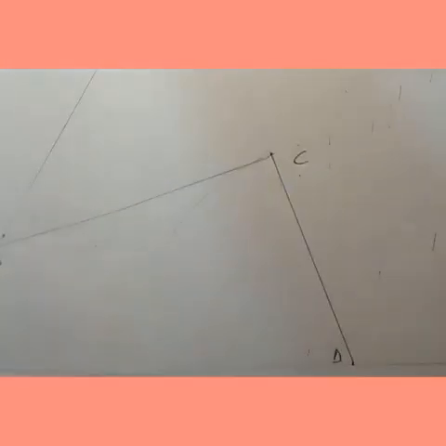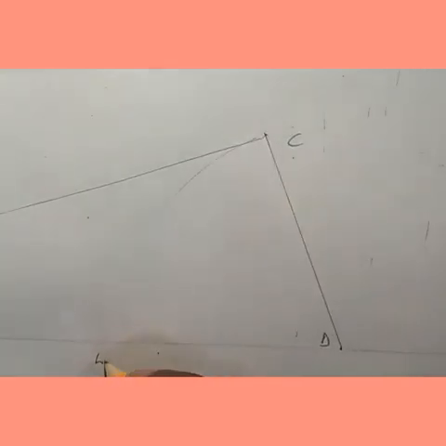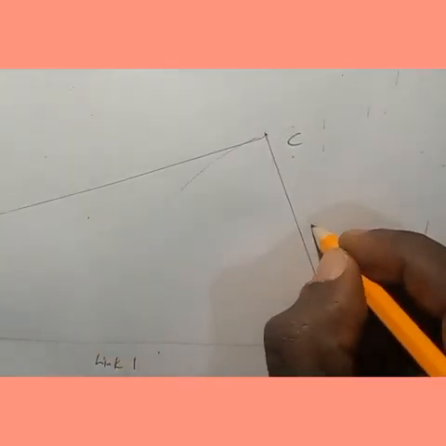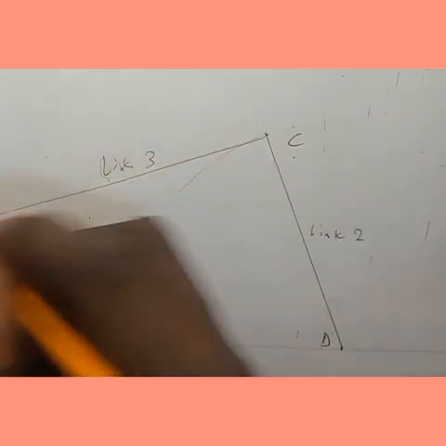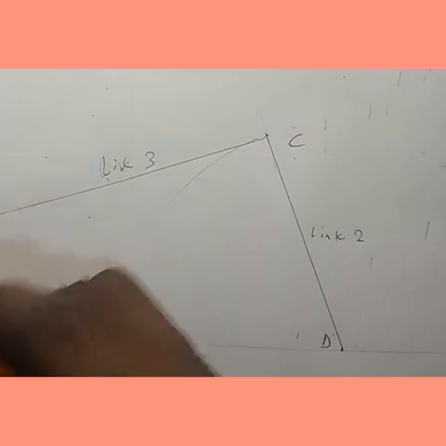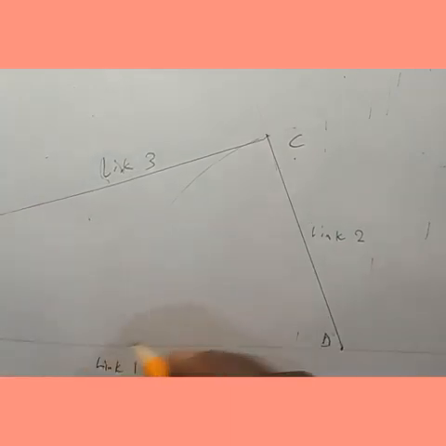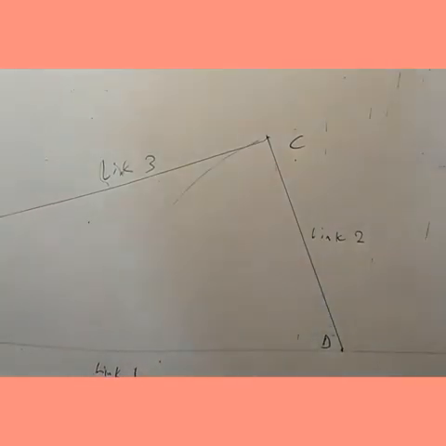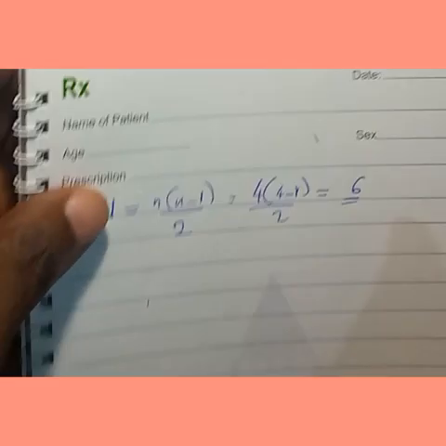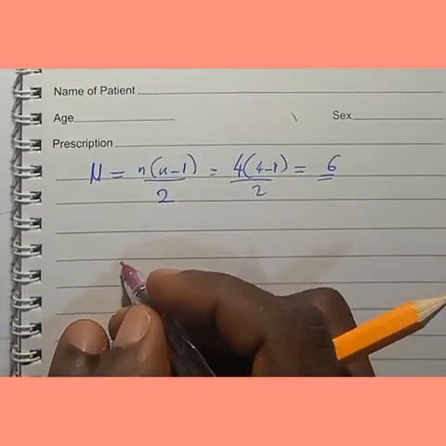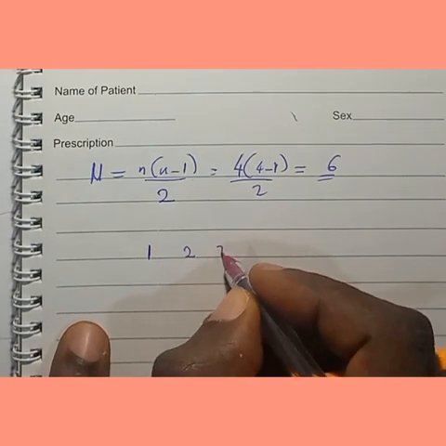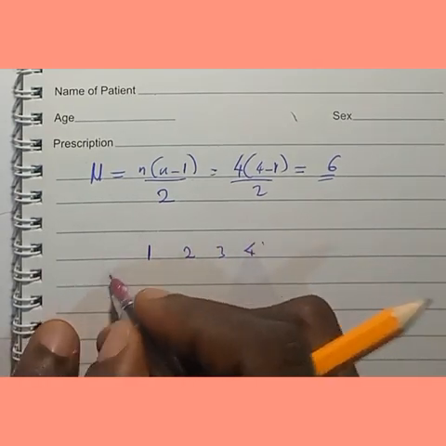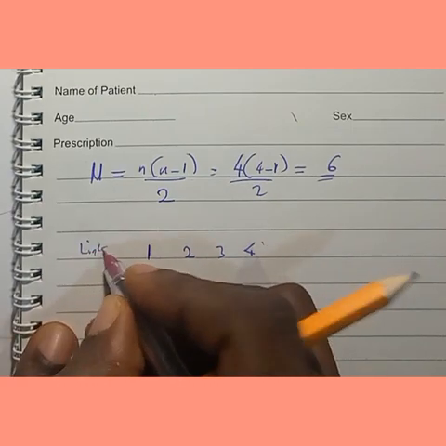So now you indicate your links: this is your link 1, this is your link 2, this is your link 3, and this is your link 4. So this angle is 60 degrees. Now you draw a table that indicates your instantaneous centers. This 1, 2, 3, 4 indicates the number of links. So this is for your links, and then you have